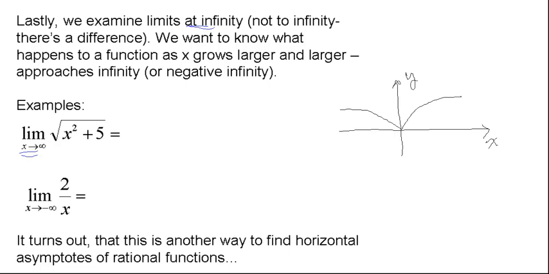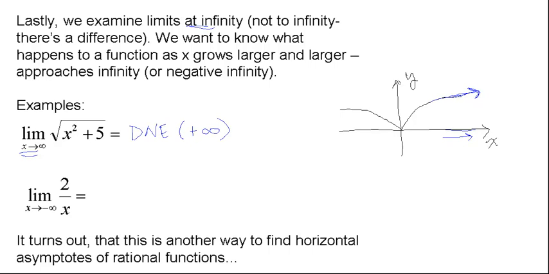And you can double check that with your graphing calculator. But the idea here is as x goes to infinity, so as this gets larger and larger in the positive direction, what's happening to this graph? It's continuing to grow, not very quickly, but it is continuing to grow. It's getting larger and larger. So this limit does not exist. And in fact, because it is infinite, it goes to positive infinity.